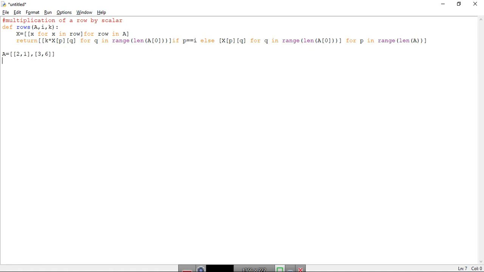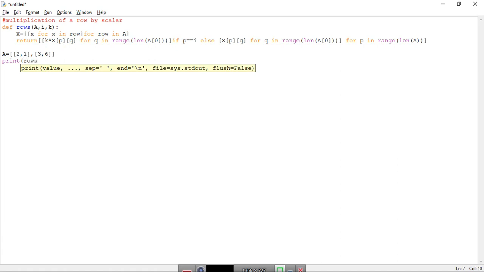Okay, and let us write print. What we need to print is rows, rows in brackets. We need matrix A, we have taken matrix A. We will multiply the first row, meaning 0. So i is equal to 0, and we will multiply that first row by 10.